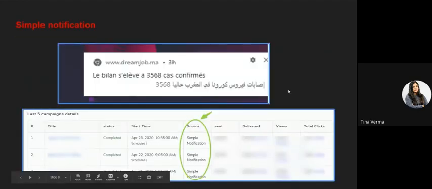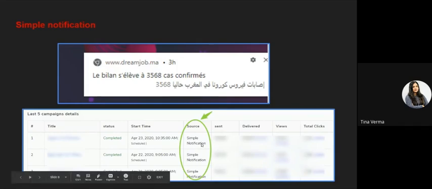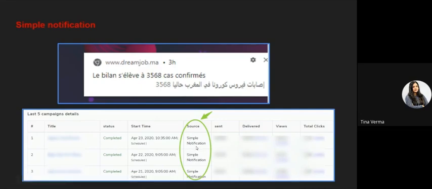Now coming to the simple notification. Here I would be taking an example of the website dreamjob.ma. If I'm not wrong, it's a very leading job portal from France. What they have done is they have chosen the source of the notification as simple notification, as is visible here. So what is simple notification?